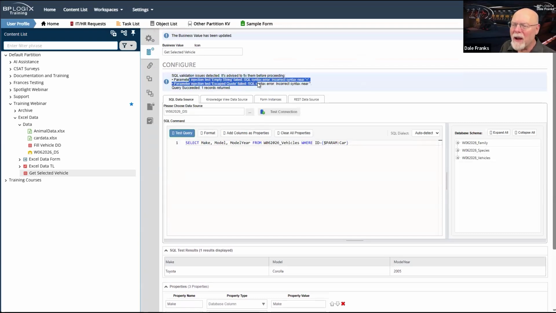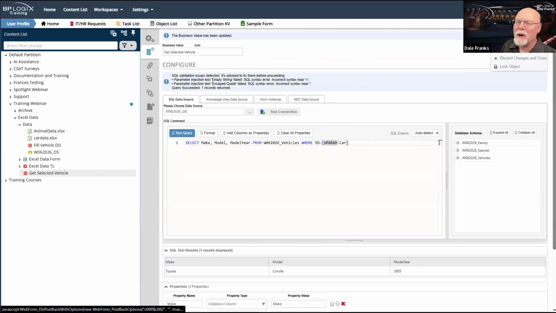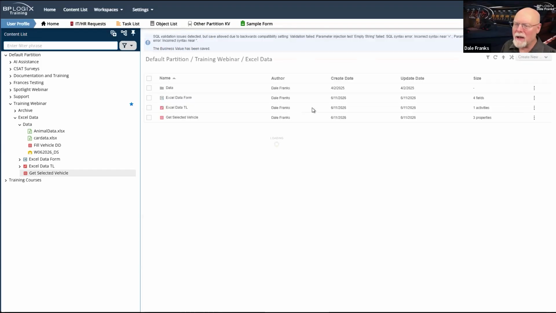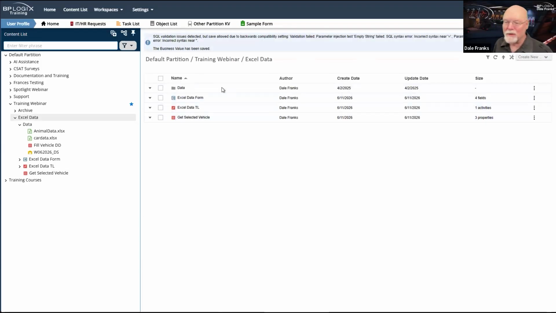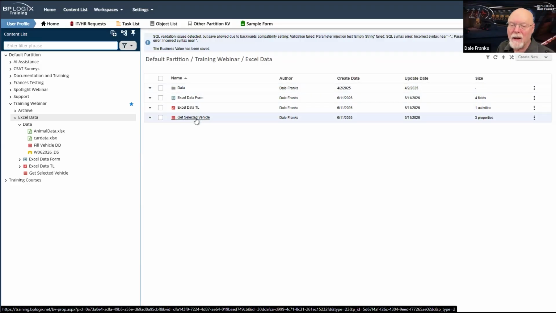Well, it's just doing validation tests. It was empty. That is failing the validation test because it's actually doing an empty test. So this is actually fine. We're going to go ahead and hit OK there because in the interest of time, we need to. So now I've got get selected vehicle.